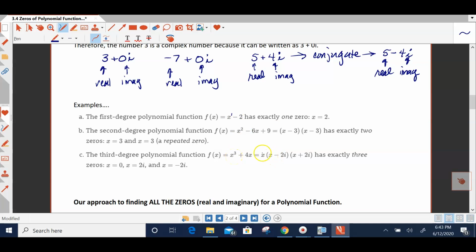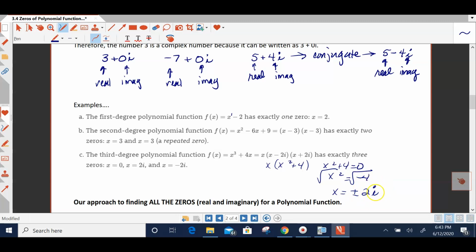Notice it was factored and x was taken out. And when that x was taken out, we were left with x squared plus 4. And if I take x squared plus 4 and set it to 0, it's going to give me two answers. When I subtract the 4 on the other side, then square root both sides, notice I'm square rooting a -4. And from my work above, the square root of a negative number is going to be imaginary. And since I square rooted both sides, I have to get a plus or minus. Aha! That is why